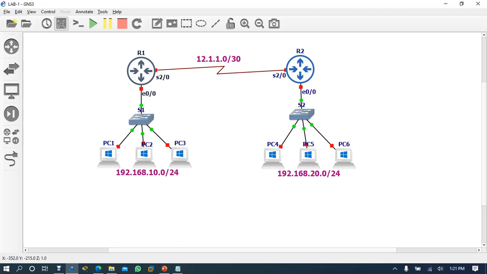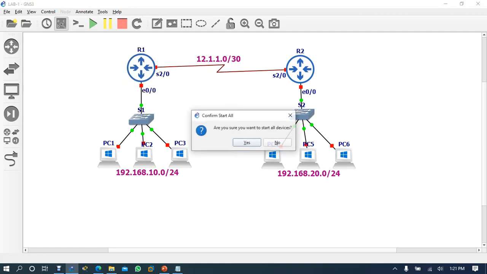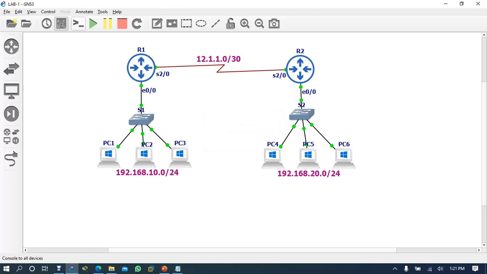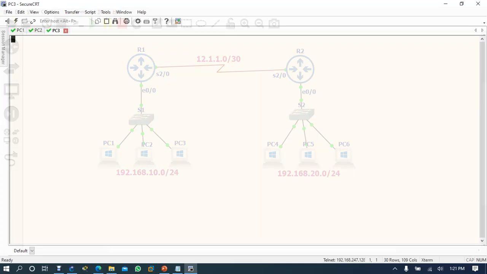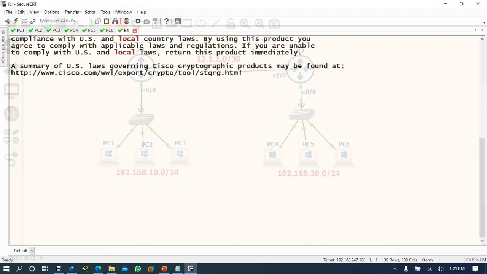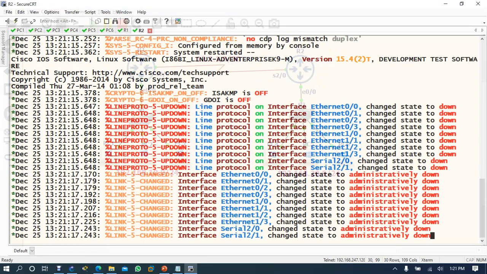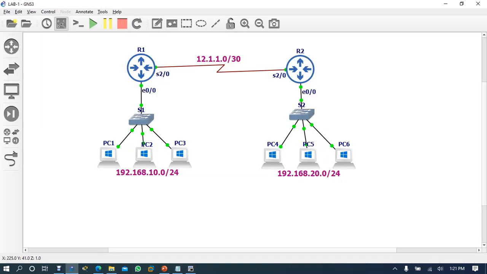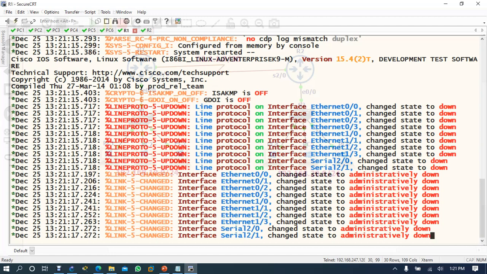Okay, now is the part of configuration. First of all you have to start the routers, click OK, yes, and then you have to click on this console. So now PC1, PC2, after PC2 you have PC3, after PC3 you have router 1, right? You can see here you have router 1, then router 2, then 4, 5, 6. You can arrange like that for easy configuration. But if you do not arrange, no problem, if you know the names.